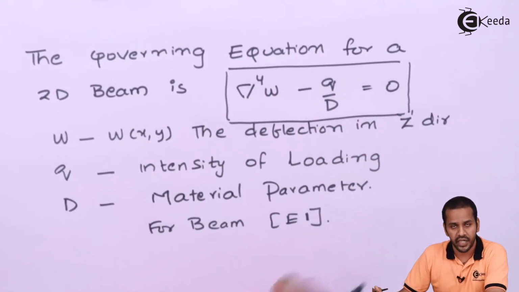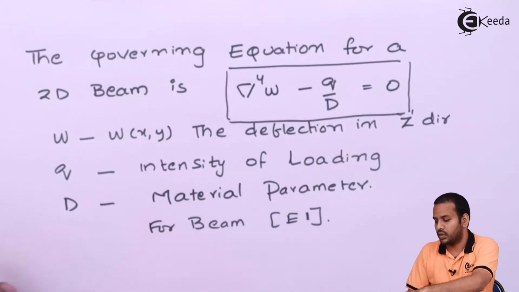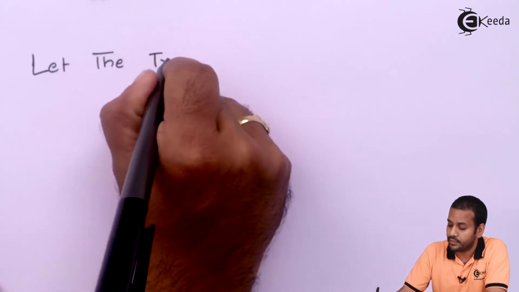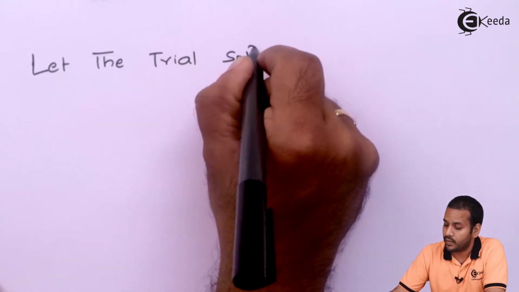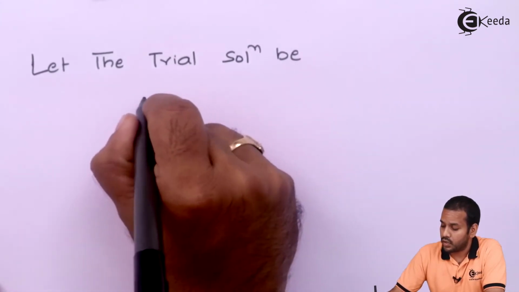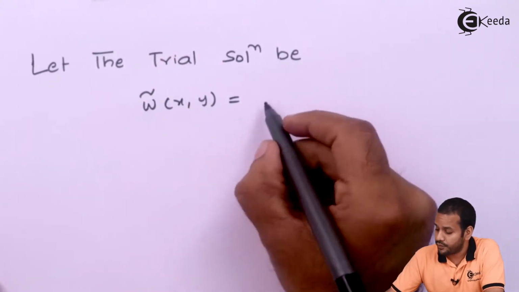And we are having our boundary conditions. So now how to solve this using method of least squares? The same way. So first what we have to do, we have to assume some solution, right? Let us take the same solution that we took in the previous class. So let us assume the trial solution be W tilde of x comma y is equal to